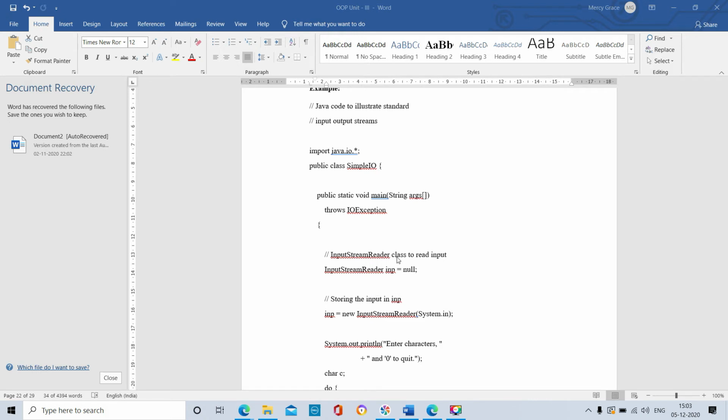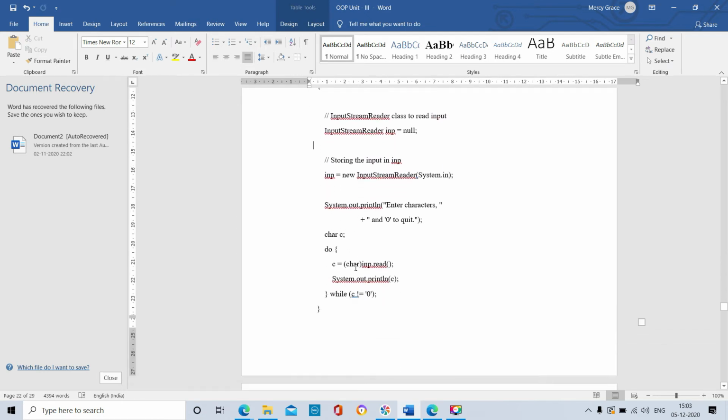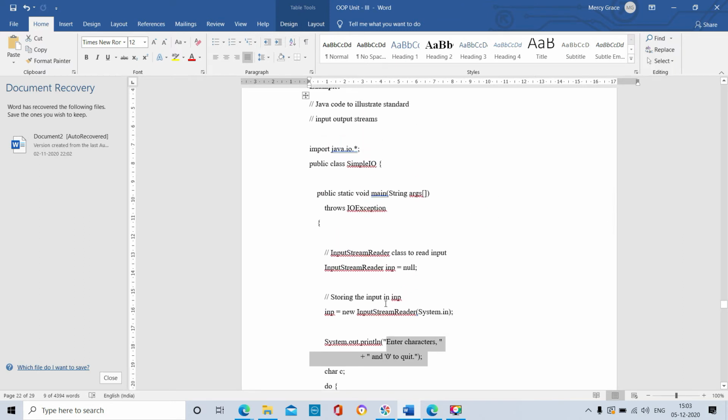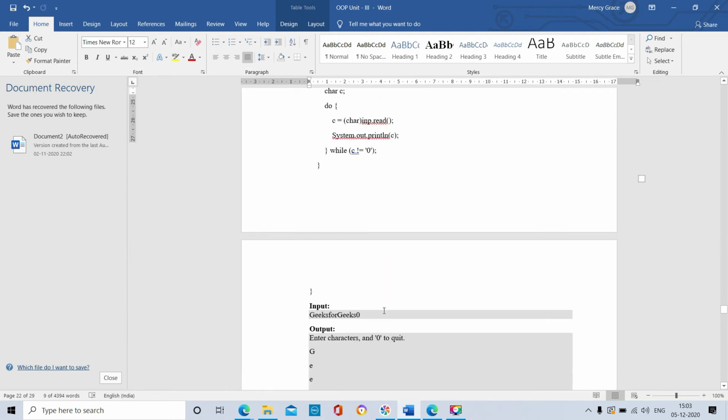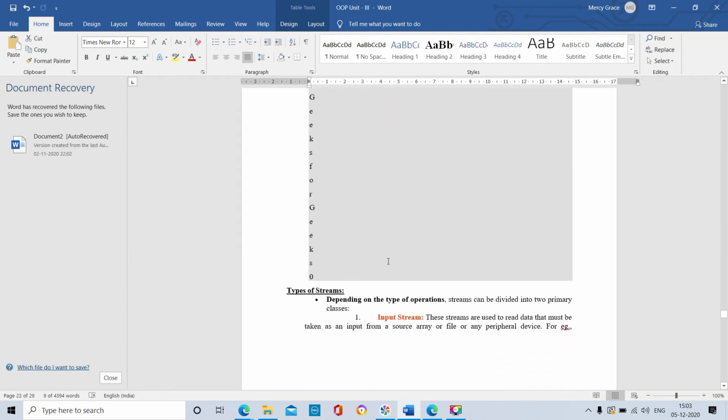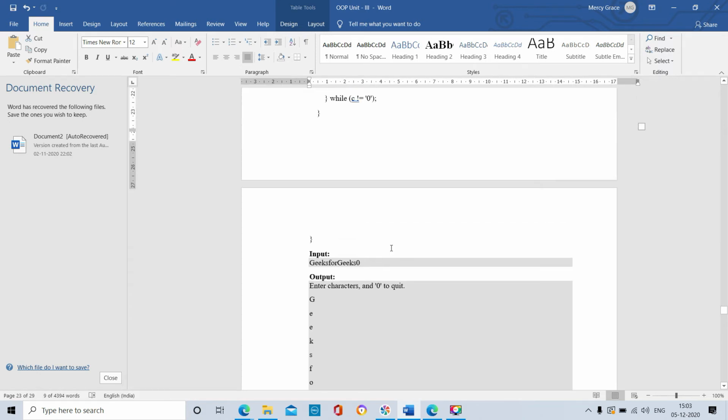InputStreamReader is the class to read input; the object is inp. System.out.println is used to print the statement, enter characters and 0 to quit.